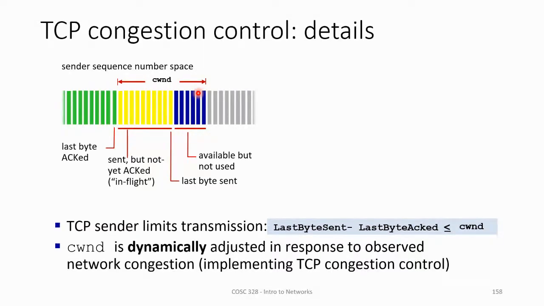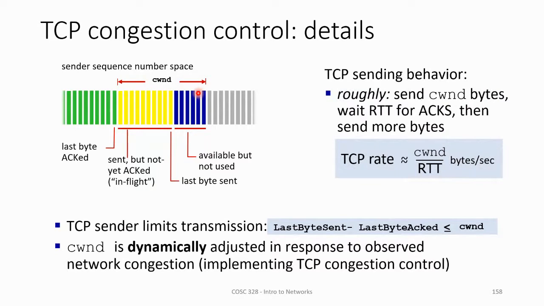So it is adjusted based on the observation of network congestion, and that's part of the implementation of the TCP congestion control. So when we're talking about this, it's also good to note the TCP sending behavior and how much is the actual rate of the TCP. So it basically means that the TCP can send an amount equal to the congestion window. So the CWND